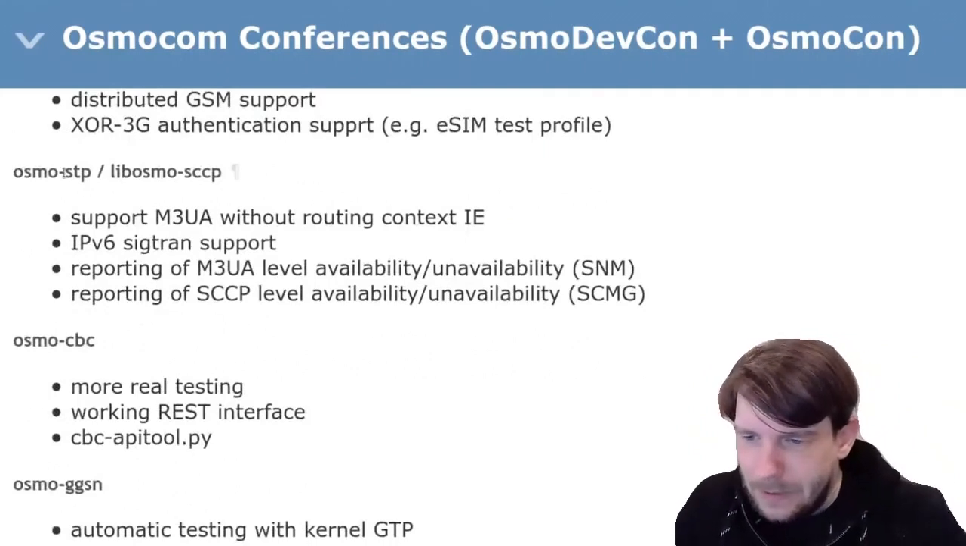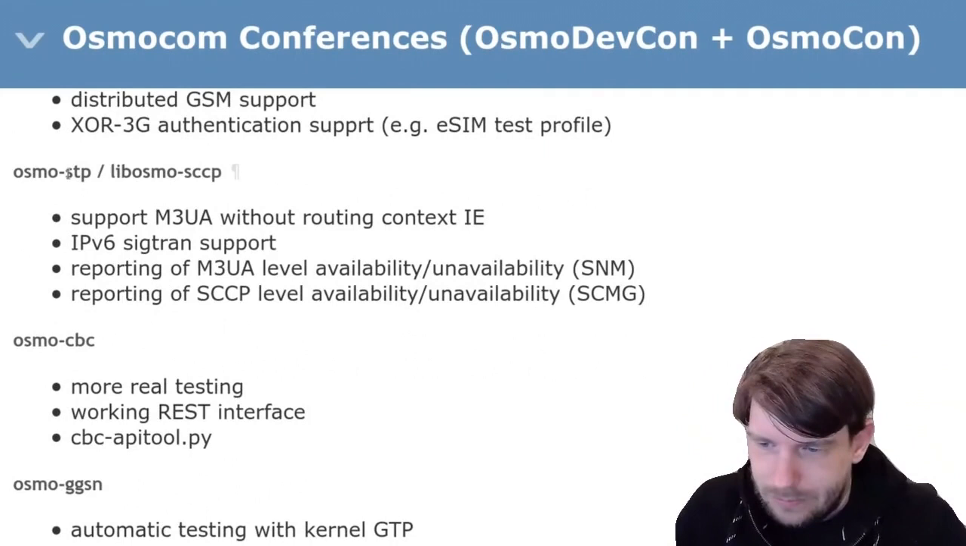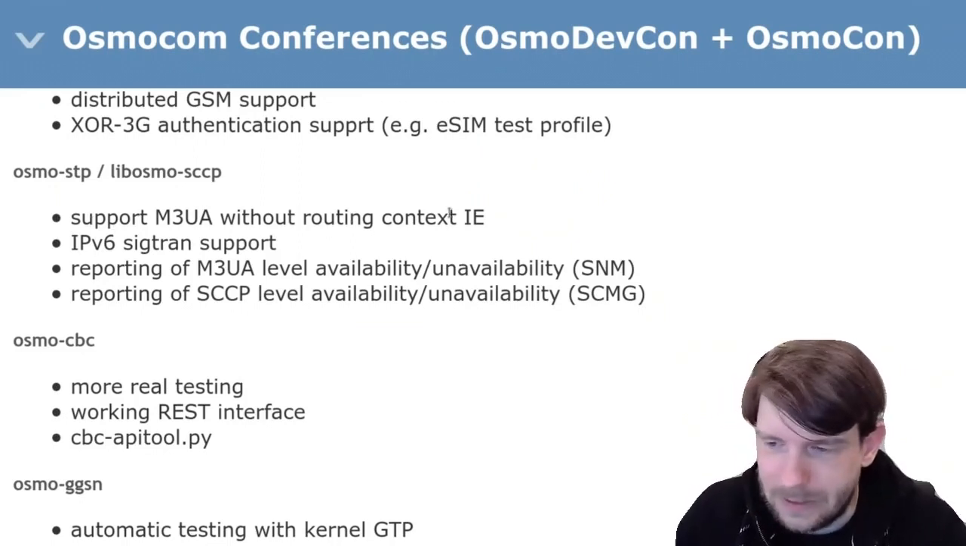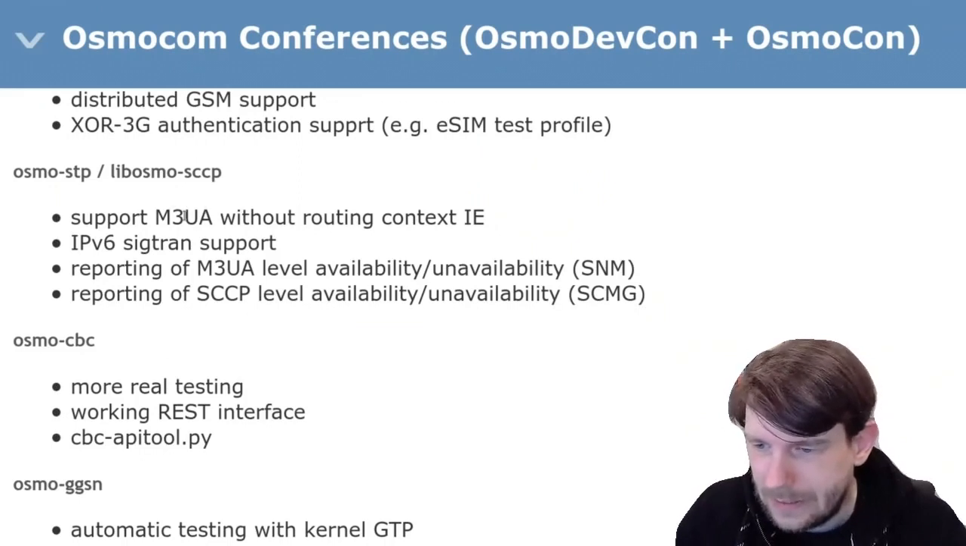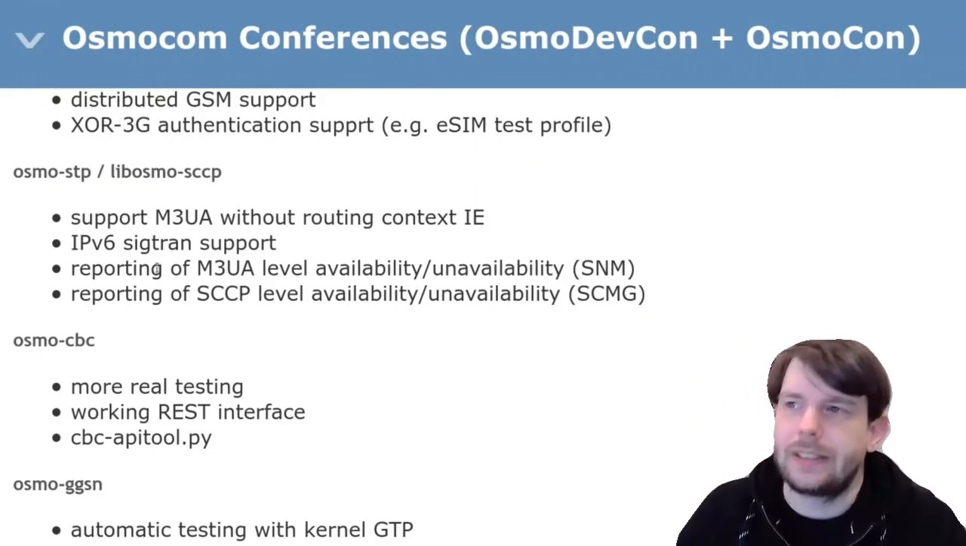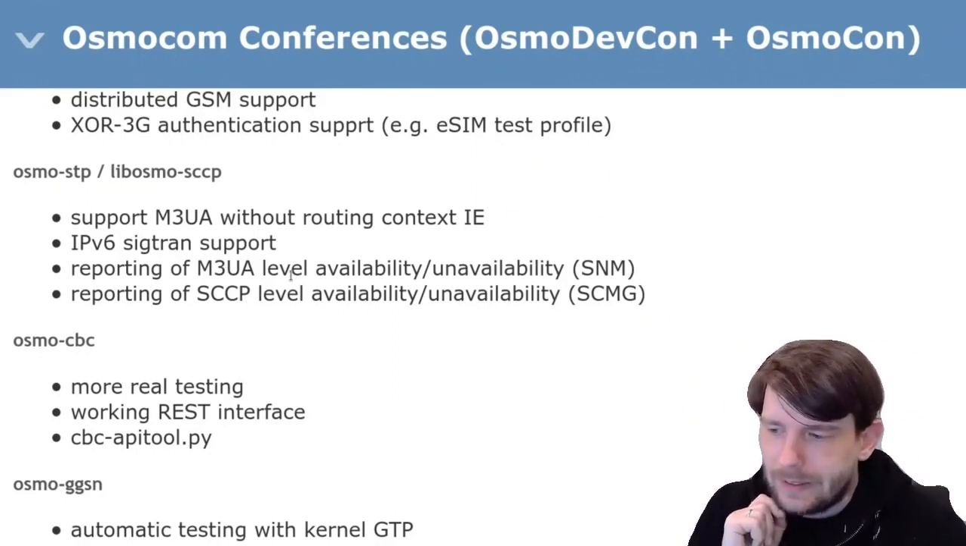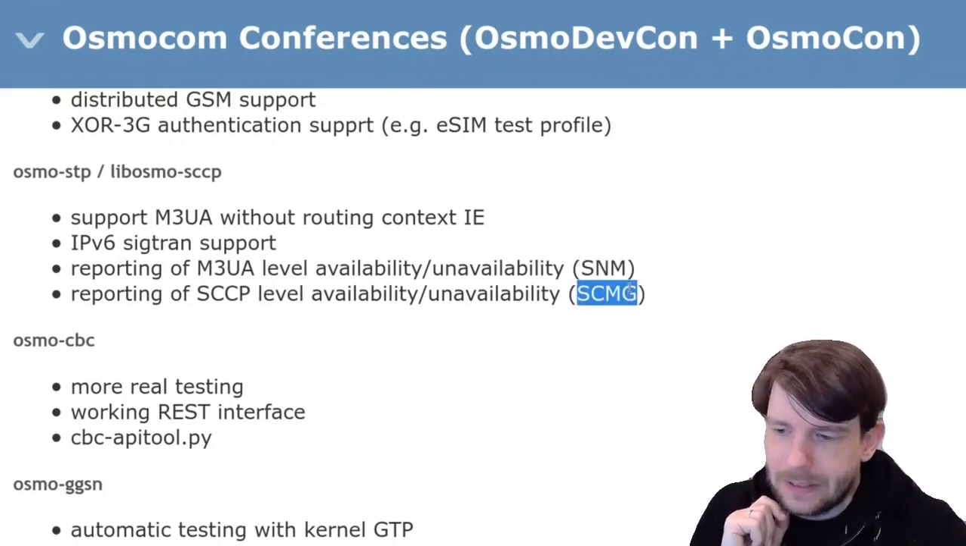On the STP, the signaling transfer point, we now support M3UA without the routing context information element. That's in order to have interoperability with some other implementations. We have IPv6 support now for all the SIGTRAN protocols, and we have implemented the network management and SCTP management,